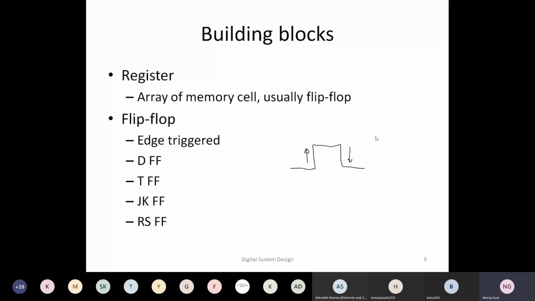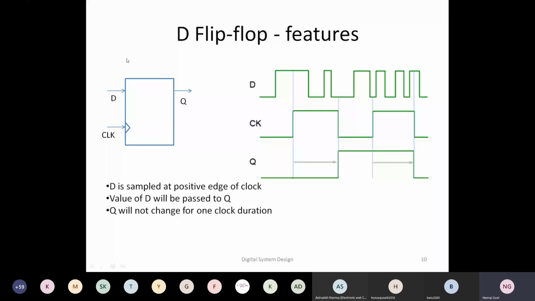So let's represent it using a diagram. This is how we represent a D flip-flop textually. There is an input D, there is output Q. There's another output Q bar, but we can safely ignore it because Q bar is always equal to the NOT of Q, and there is a clock signal. We always represent the clock signal with this kind of an arrow, which means it is edge sensitive. If this arrow is not there, it could be a latch, not a D flip-flop. The D latch is also a quite popularly used circuit.